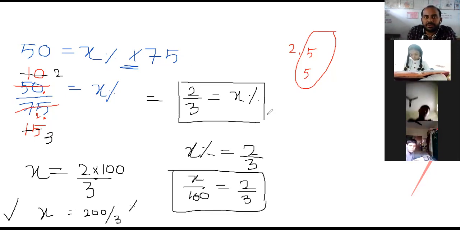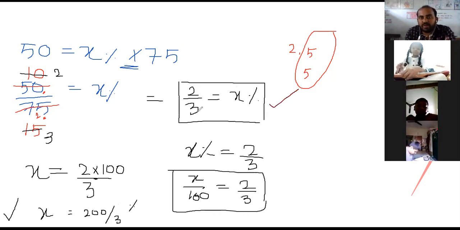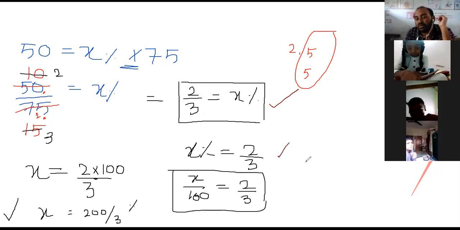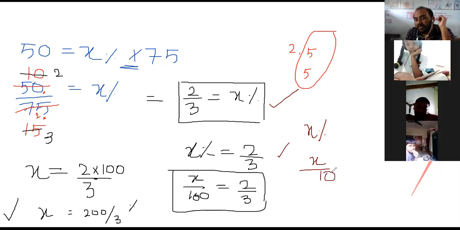Now see here. From here to here, you understood. Yes, x percentage is equal to 2 by 3, right? Now, can I write x percentage on the left side and 2 by 3 on the right side? X percentage is equal to 2 by 3, right? So I wrote up to here, clear. Then in the last class, what I told you: when there is a percentage, when they give the percentage, what to do? We have to divide by 100. Yes or no? When they give the percentage symbol, we have to write by 100.